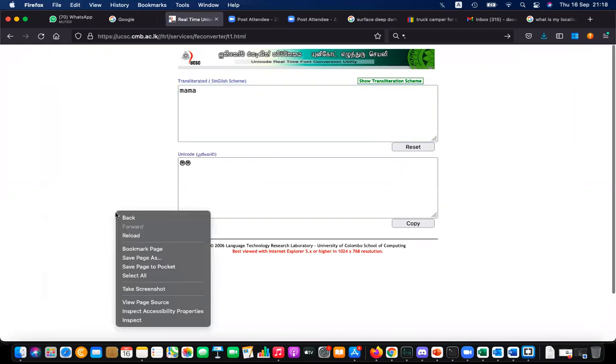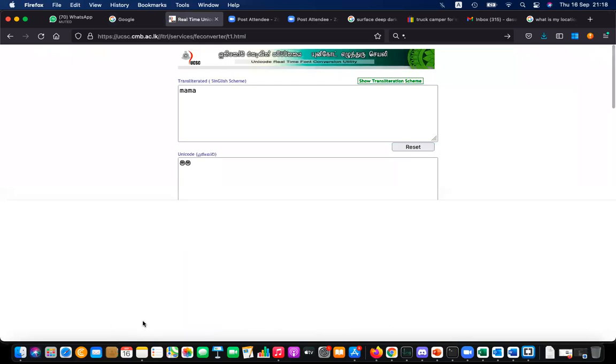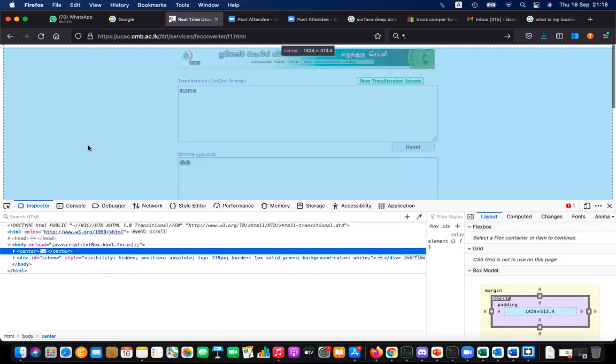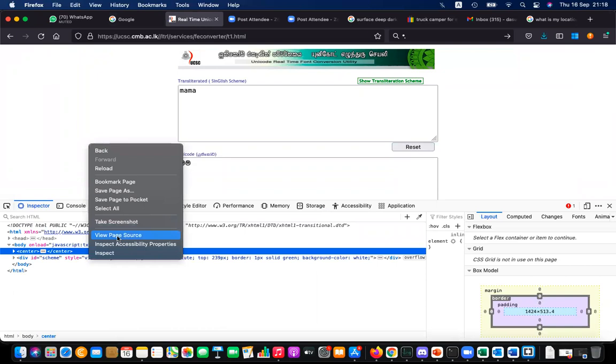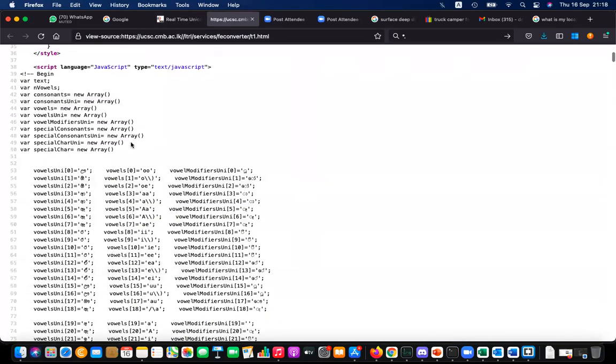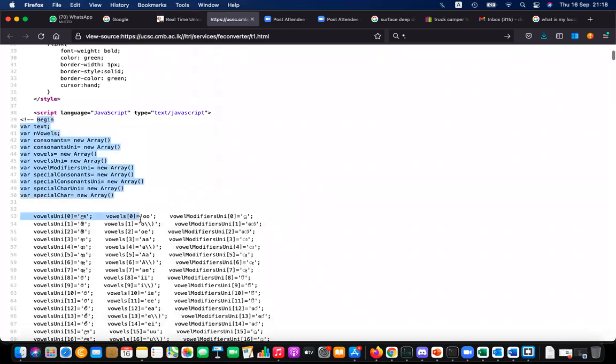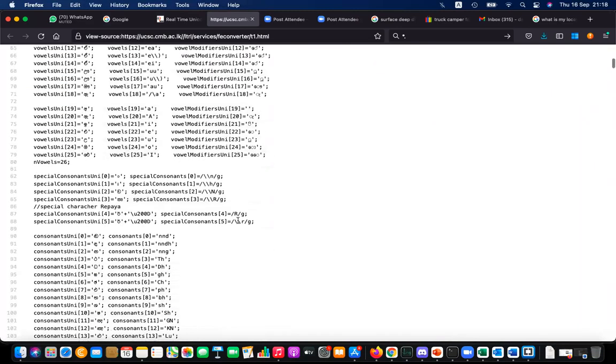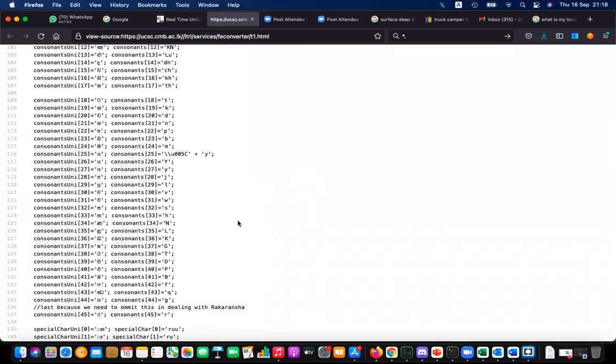But let's inspect this to see whether it is done on the server side. I can also view the source and see the full code. When I view the full source code, you can see here this is a JavaScript, right? The UCSC has assigned the process to a JavaScript, because each time a user types and tries to translate something here,